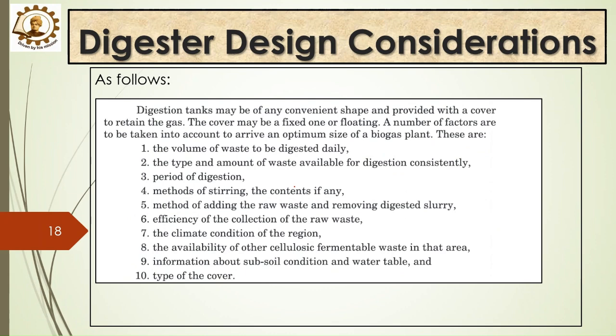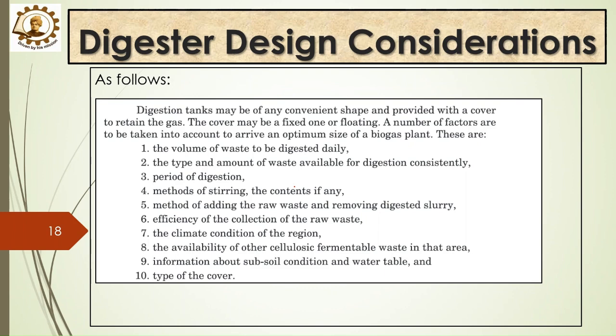Then, the methods for stirring. Then the methods for adding raw material and removing the digested slurry, efficiency of the collection of the raw waste, the climatic conditions, the availability of other cellulosic fermentable waste, information about water table, soil condition, and the type of cover. So digestion tanks need to follow these design considerations before they are designed and